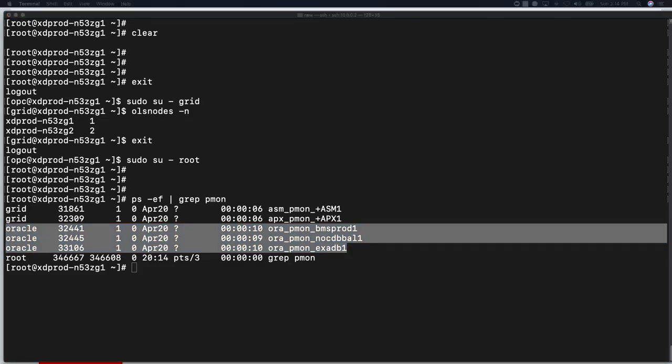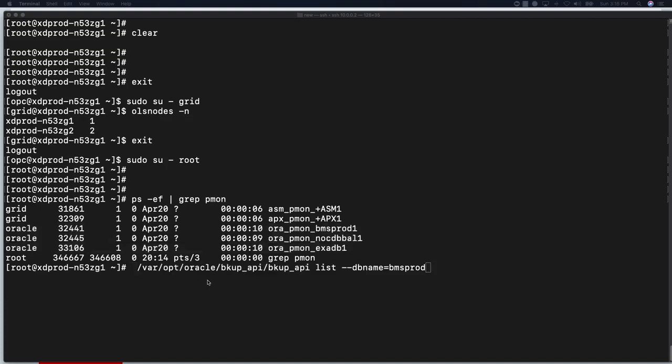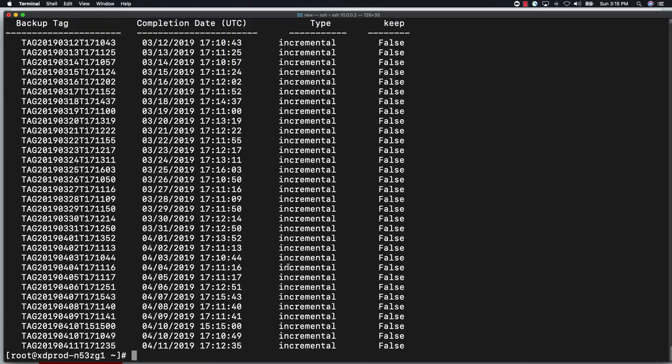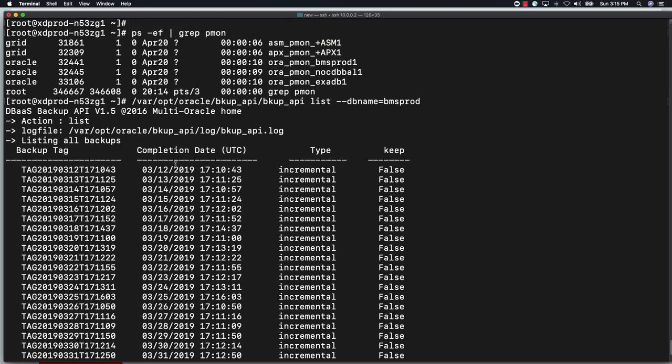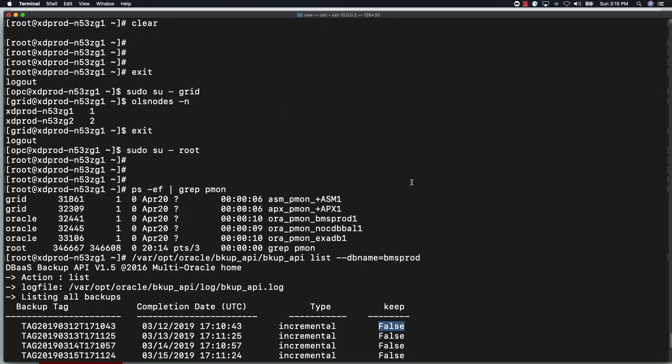So for configuring, we discussed a few backup API commands. So let me see if I have some backups which were already taken using the backup API. The list backup API command lists all the backups taken with the API, right? It is based on the schedule which I configured originally. Once the database was provisioned, I configured its backup schedules. So it shows me all the backup tags, their completion dates, and what kind of backups they are, like whether keep is false or true. Keep equals true is for long-term retention,